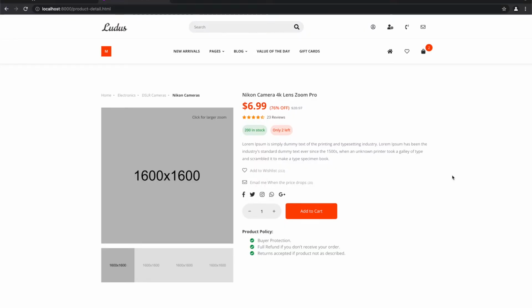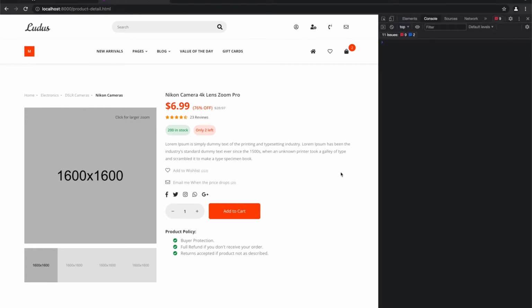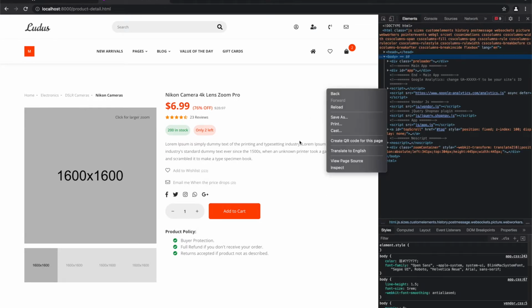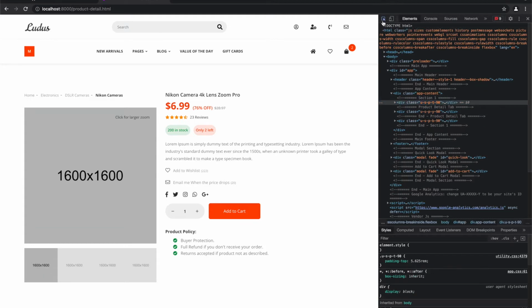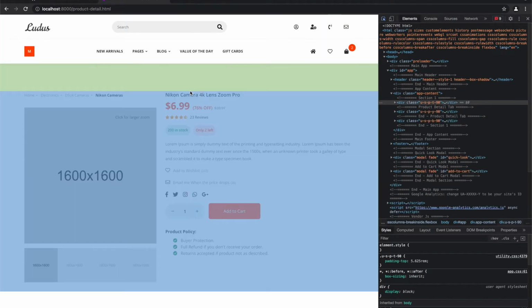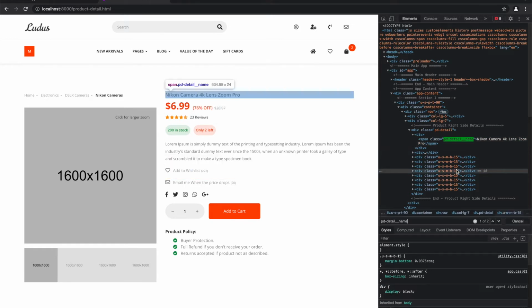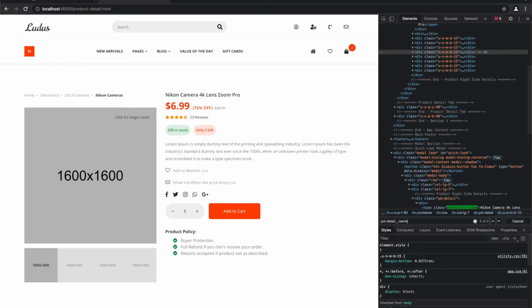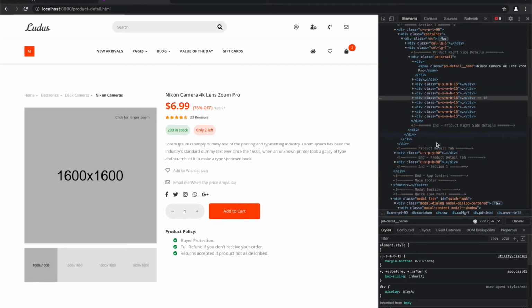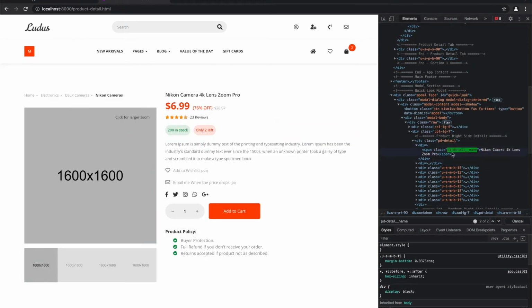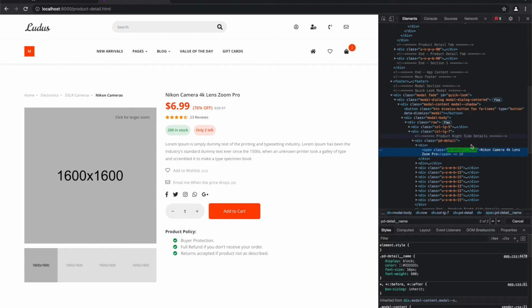So let's start looking into how you can scrape any text on the website. The most important tool in your toolbox is the inspect element. So let's just launch it. You can launch it by pressing the shortcut command or just right clicking and going to inspect element. Then you can select the selection tool and then click on any element that you want to scrape. So for example, this title here, we can just copy this class name, making sure that there is no other element where the class name is also defined but doesn't mean the title. Let's see. Okay, we have it repeated here, but we can see that it's product right side details, so it's probably a template thing, so we can still use it.